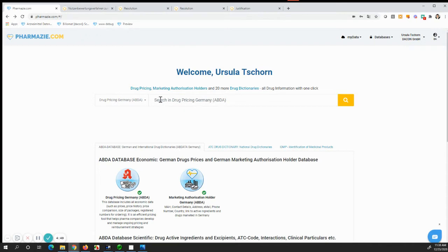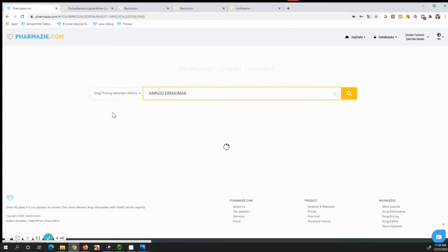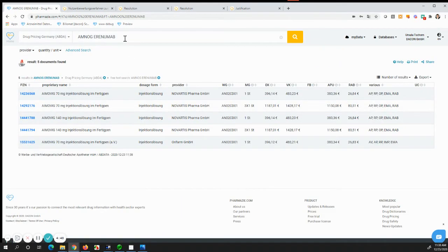I'm founder of pharmacy.com. Just by entering a search string such as AMNOC and an active ingredient's name, Erenumab, you get an overview of all the German products which are or have been in an AMNOC process. You see the PZN, the unique identification number of the package in the German market, the different providers of such an AMNOC product, and the different attributes such as quantity unit, the wholesale price, and most important, the ex-factory